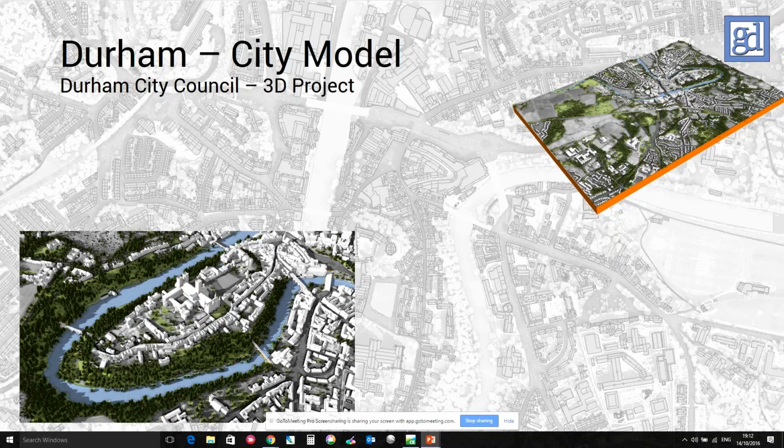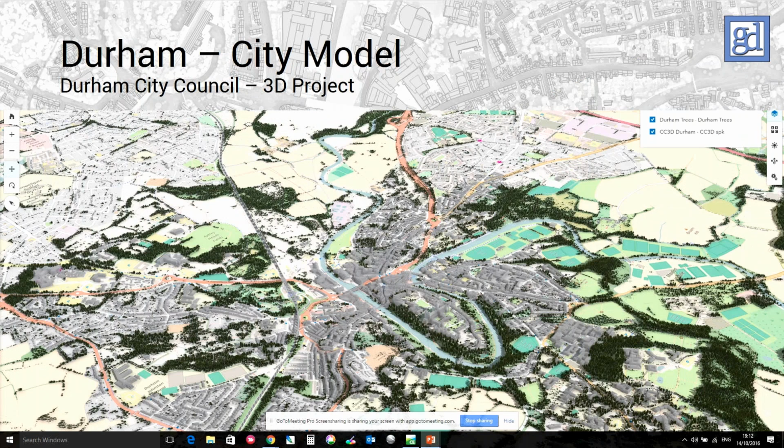This last scene here, if you can see the trees there, I hope I haven't been skipping through them too quickly. That's 94,000 trees modeled in 3D plus real 3D models from CyberCity hosted on ArcGIS Online. And this is really the future. We're seeing a lot of work and people